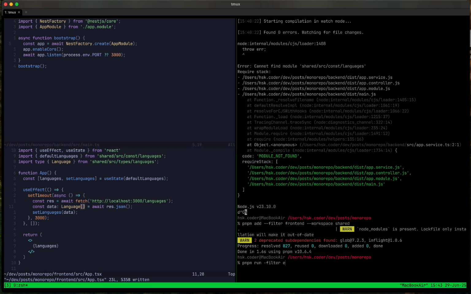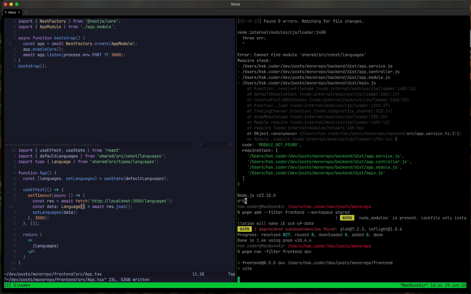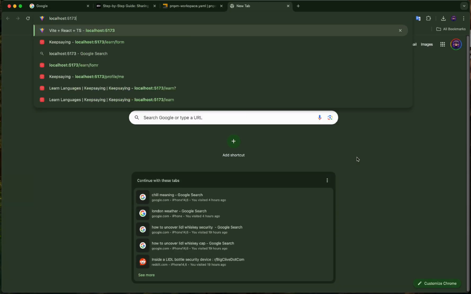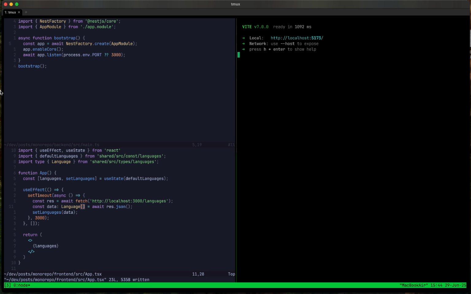PNPM run filter frontend and dev. Okay, if we go to this file, okay, it imports the variable successfully. And if we build,